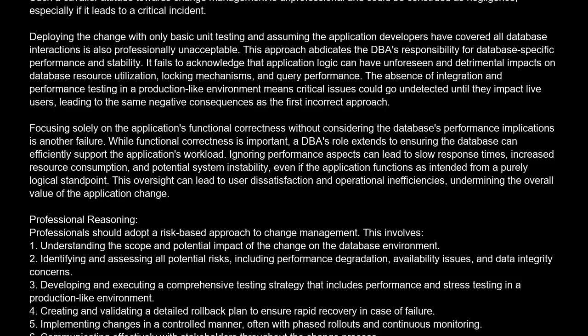4. Creating and validating a detailed rollback plan to ensure rapid recovery in case of failure. 5. Implementing changes in a controlled manner, often with phased rollouts and continuous monitoring. 6. Communicating effectively with stakeholders throughout the change process. This systematic approach ensures that changes are implemented safely and efficiently, minimizing disruption and maximizing the benefits of the new